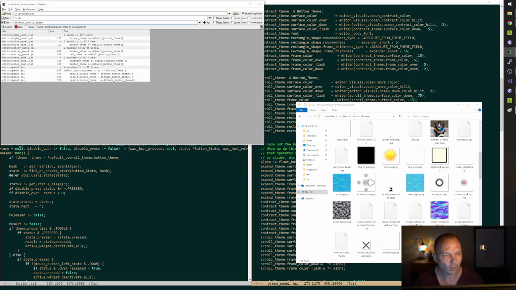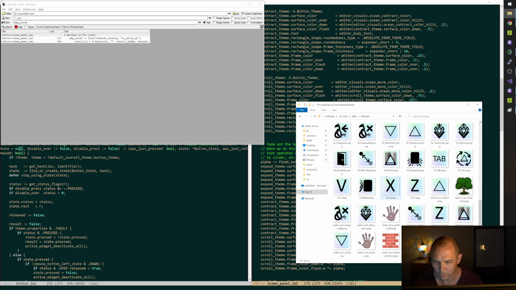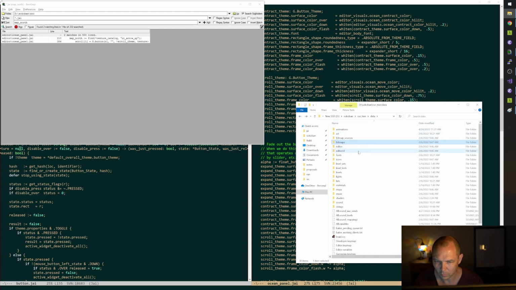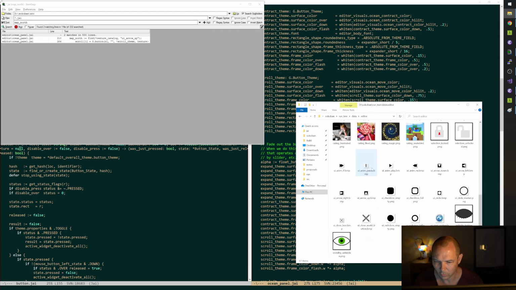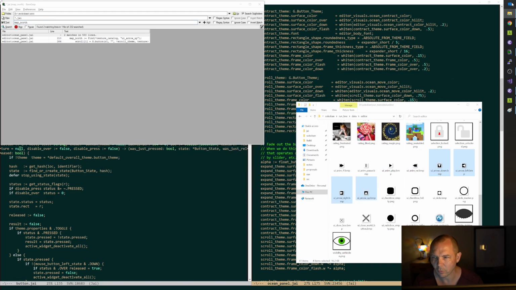Just so I don't guess. Map north. UI arrow up. Where is it? Editor. Okay. These will have to get better, but